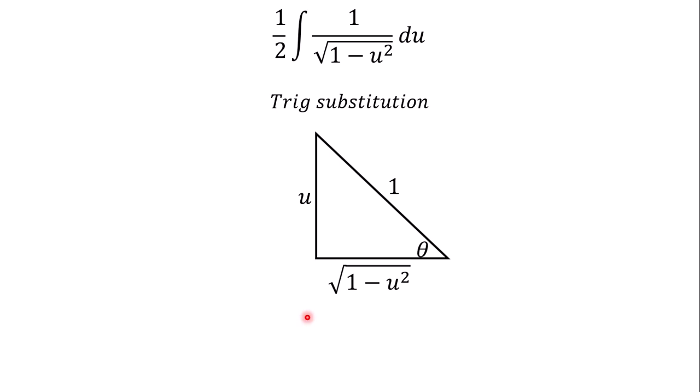So what is the opposite? This side is our opposite, and this side is our hypotenuse. So sine theta is equal to u over 1, which will give us u. Okay, all right. Let's try another one. Cos